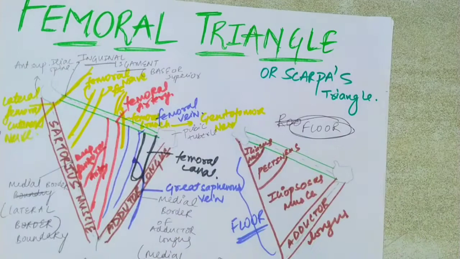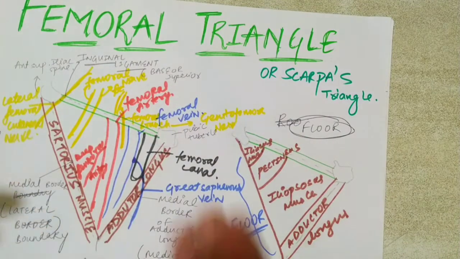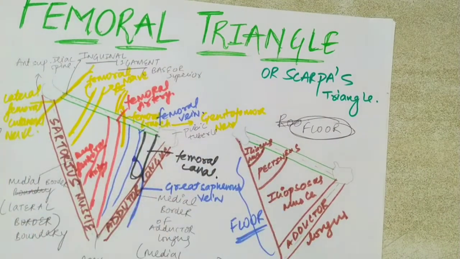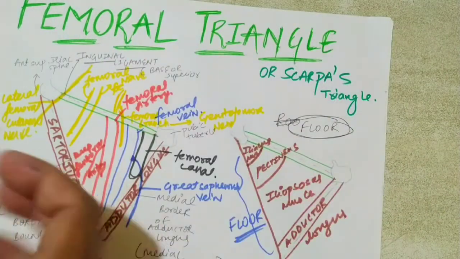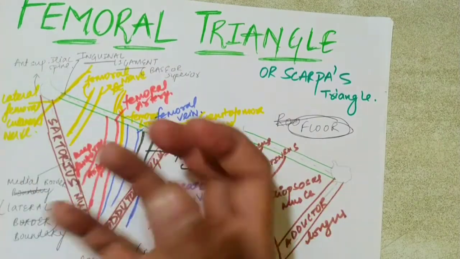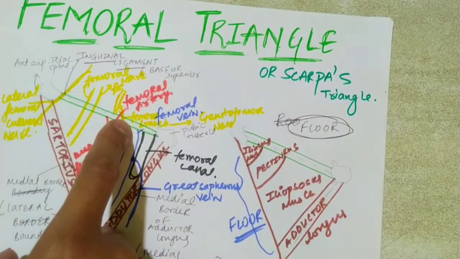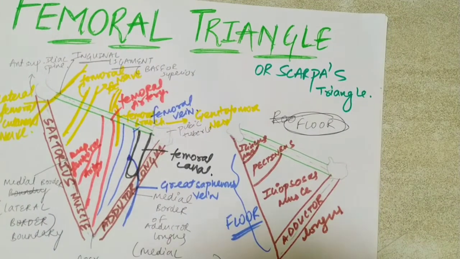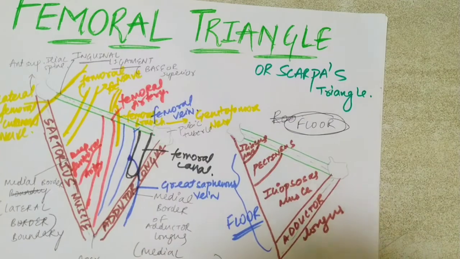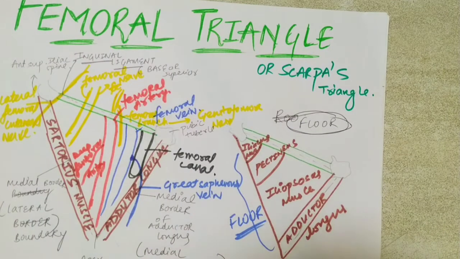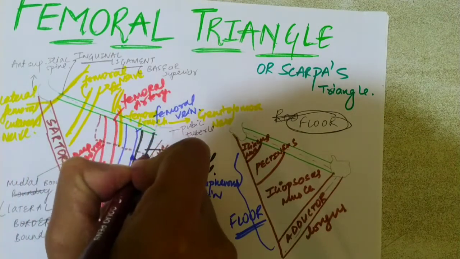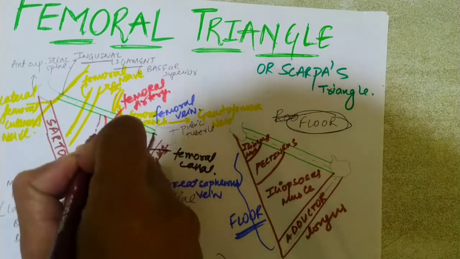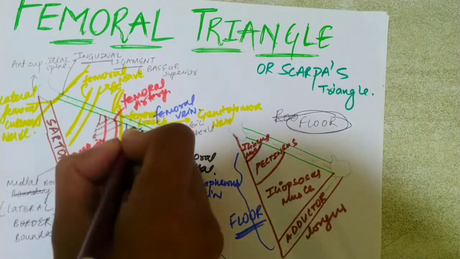Okay, and there is a sheath present. You know that the femoral artery and femoral vein have high blood pressure when the blood comes up or is coming down. So that the arteries don't move aside, there is a sheath which holds the femoral vein, femoral artery and this femoral canal. The sheath is called the femoral sheath. It covers three-fourths of this, like this. So this is your femoral sheath.